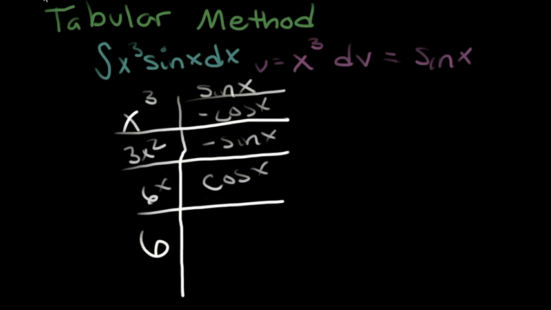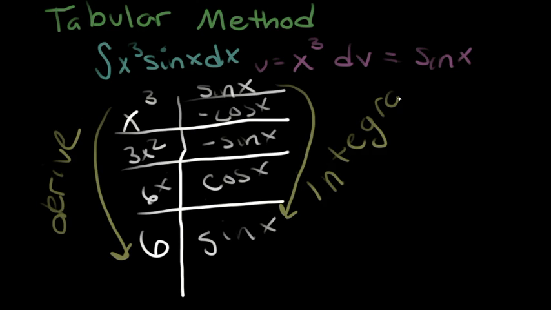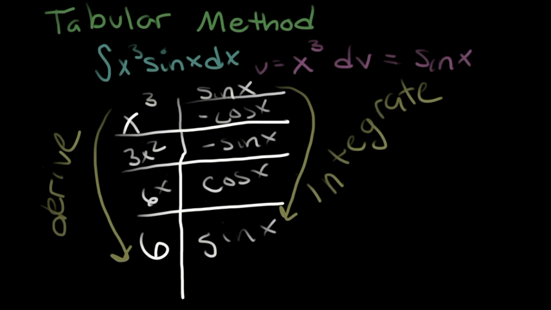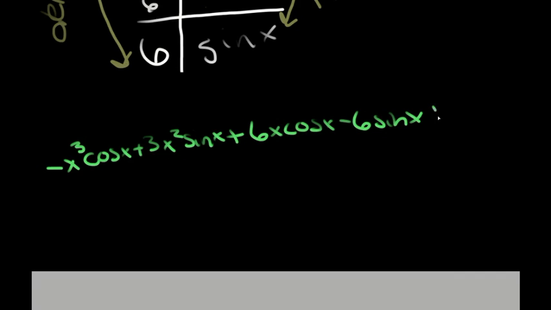On the right side we have u, and on the left side we have dv. Going down the u side, we derive, and going down the dv side, we integrate. Be sure not to forget the plus and minus going down the graph. Now when you write everything in the graph out in a single line, you will get your final answer,